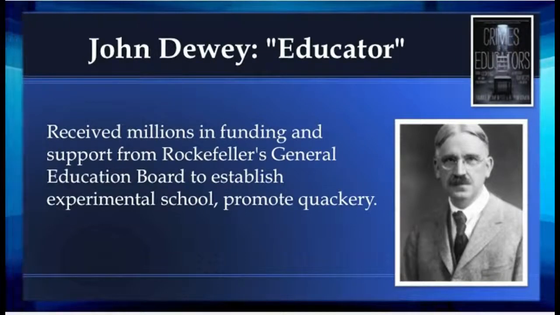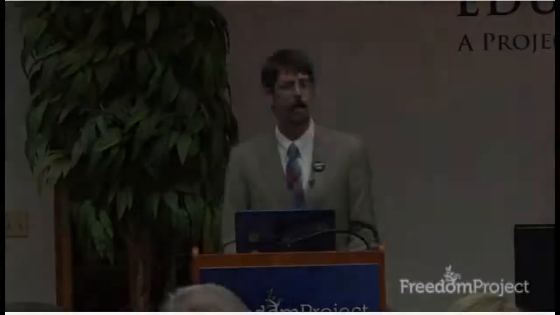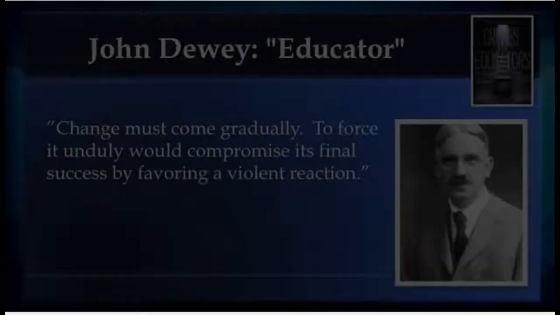So they had a philanthropy called the General Education Board, and they gave him millions of dollars to try out this quackery in an experimental school and to promote this lunacy and to come up with a coalition of cohorts, many of whom were eugenicists, open racists. They claimed science justified their racism, and all of them were united in these beliefs of socialism and humanism and destroying the literacy and the faith of the people of the United States.